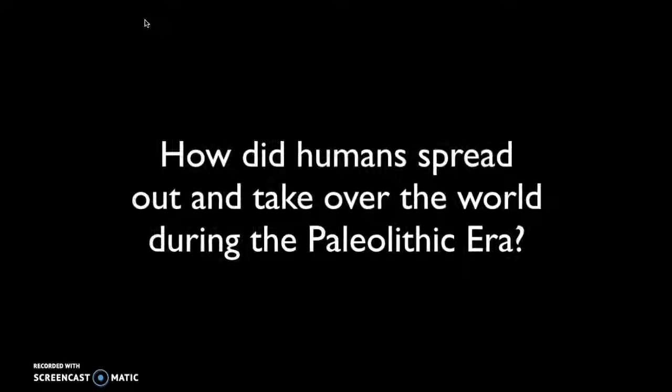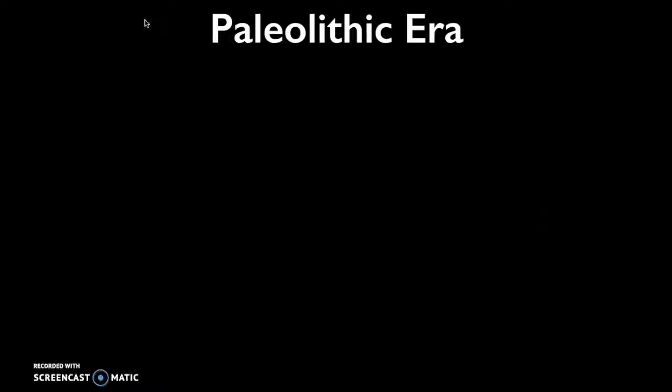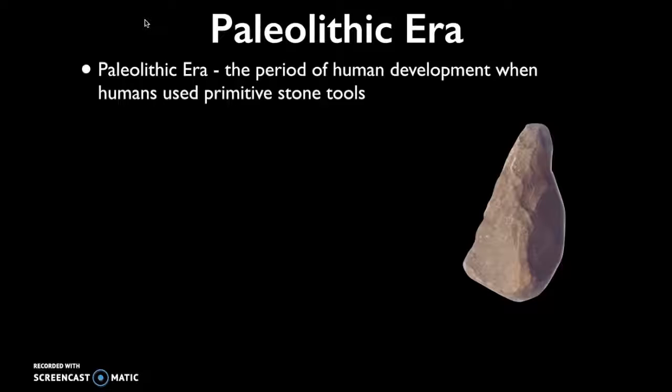So the first question again, how did humans spread out and take over the world during the Paleolithic era? So first we need to understand and define the term Paleolithic era. So the Paleolithic era represents the period of human development when humans relied upon and used primitive stone tools. Now the word Paleolithic actually derives from two Greek roots. Paleo